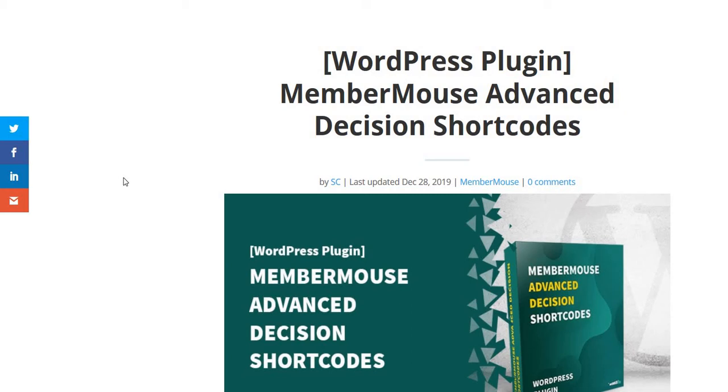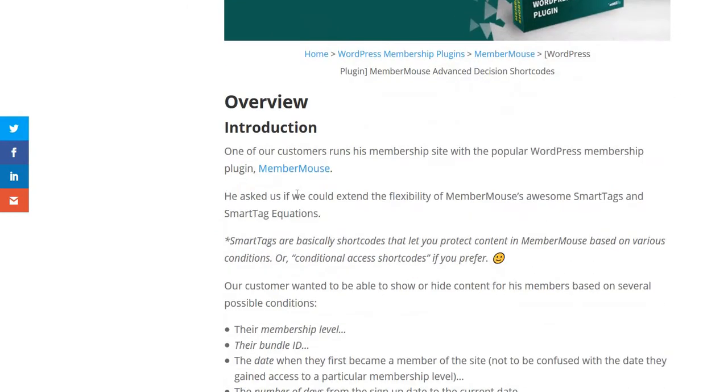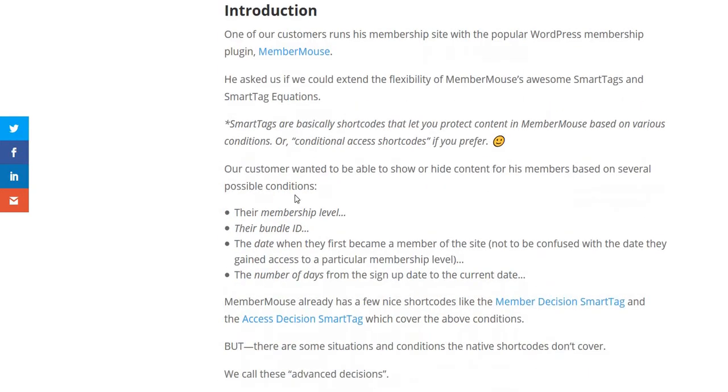Hi everybody, we are going to discuss this new plugin which we have just launched. It is called MemberMouse Advanced Decision Shortcodes. It is a plugin which we have developed after one of our customers needed such a solution, which I will present in a few minutes. This is actually